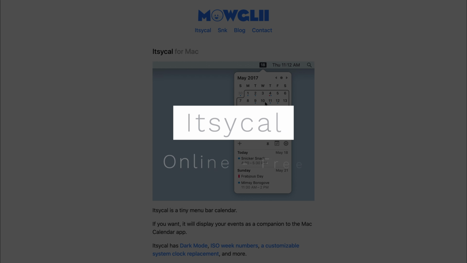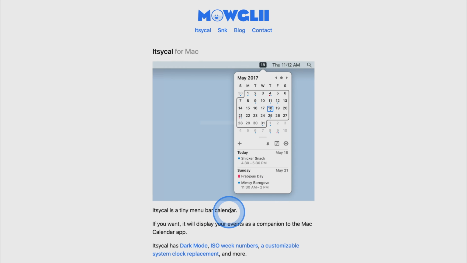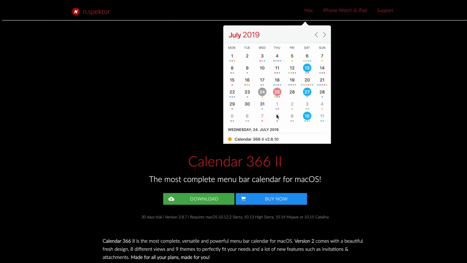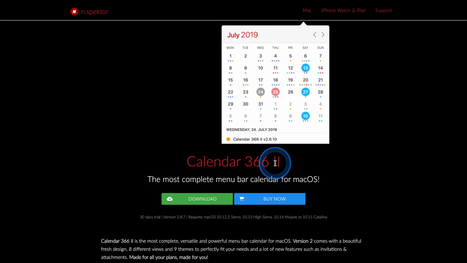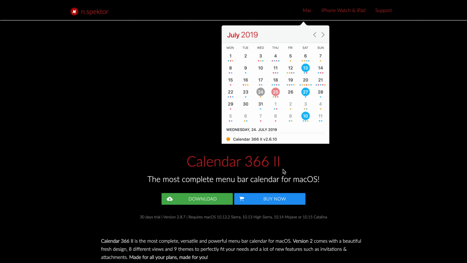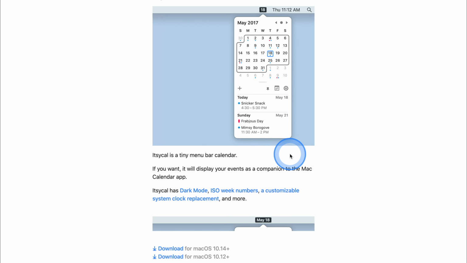The next productivity app which I really like is called It's WhyCal, and it's basically, as it says here, a tiny menu bar calendar, and it's free of charge. Now there's a more popular one which is called Calendar 366. This is like $15 or something like that, which is great, don't get me wrong, but I just think it's a little bit overpriced for something that It's WhyCal does about 90% of what this application does, and it's completely